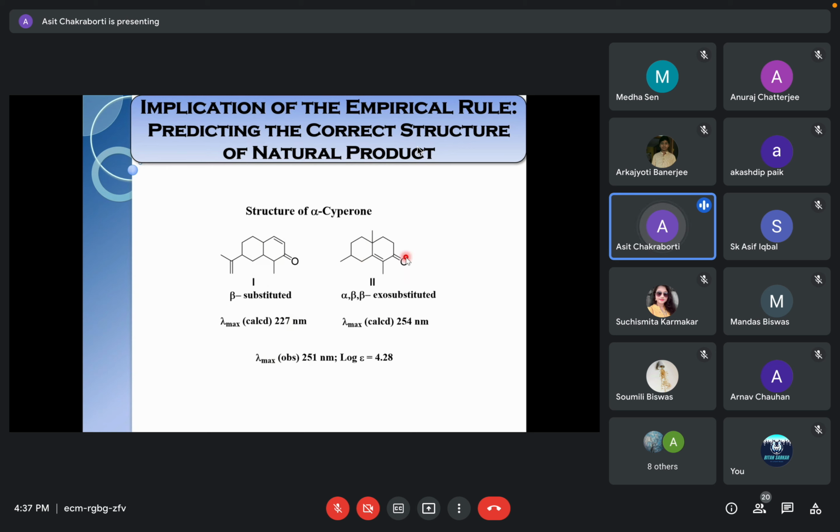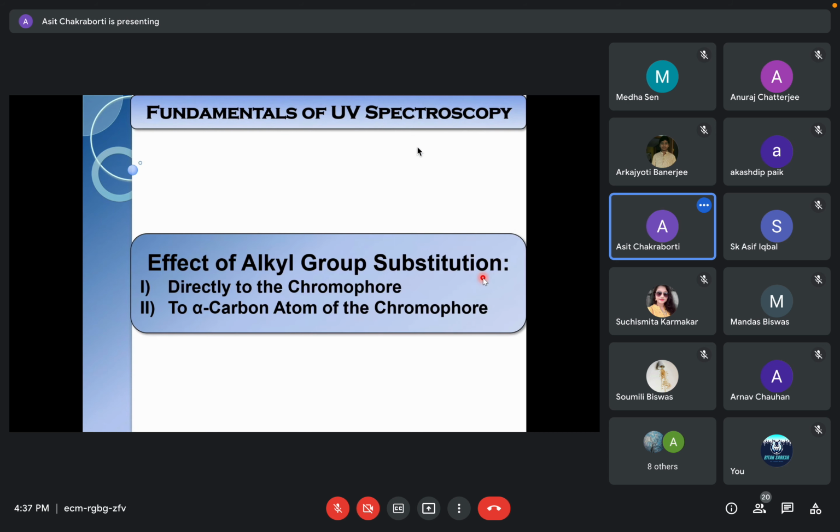And after 10 years, probably the 1940s, when X-ray crystal structure started to become popular and was known, it was later found that the structure predicted by Woodward, simply by taking a piece of paper, was found to be the correct structure. So that is the strength. Although those are called empirical, actually they are not empirical, because all these things have a fundamental value behind them.